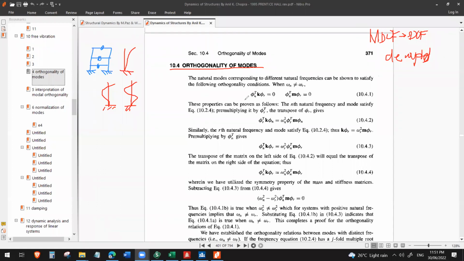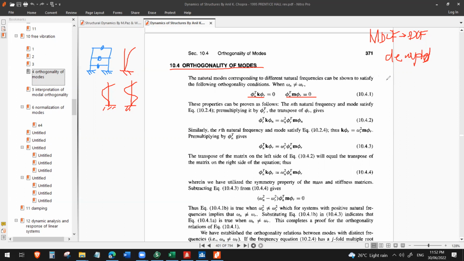Okay, so this is from Chopra, by the way. The natural modes corresponding to the different natural frequencies can be shown to satisfy the following orthogonality conditions, when the frequency omega n is not equal to omega r. Well, I haven't seen a problem where they were actually equal. So this is valid, that a certain frequency is not equal to another frequency in most problems. And this is the orthogonality